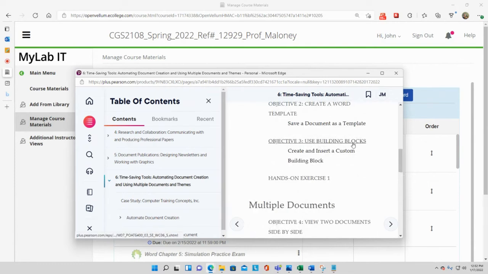You're going to use building blocks to create and insert, and you'll include creating and inserting a custom building block. Building blocks are also used in Word to allow us to automate and make time-saving tools for when we're working in Microsoft Word. And we'll use these building blocks. The building blocks can be created from some of the objects that I mentioned at the end of chapter 5,